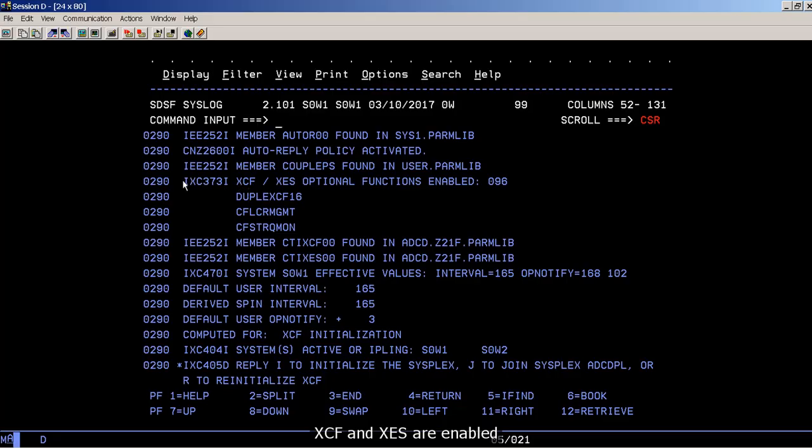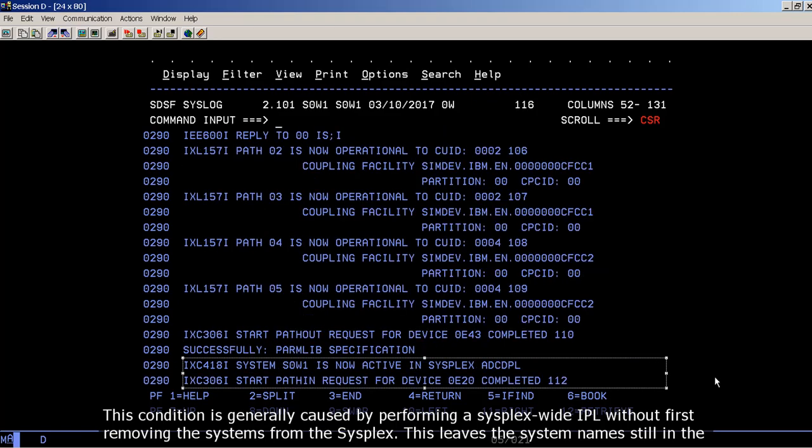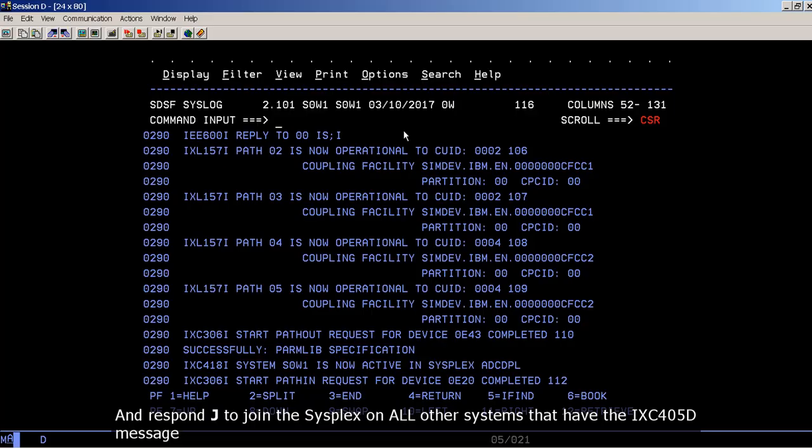XCF is active. This condition is generally caused by performing a Sysplex-wide IPL without first removing the systems from the Sysplex. This leaves the system names still in the Sysplex couple data set. Multiple systems may have the IXC405D message displayed. Respond I to initialize the Sysplex on the first system to be IPLed, and respond J to join the Sysplex on all other systems that have the